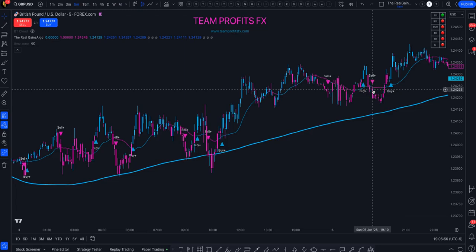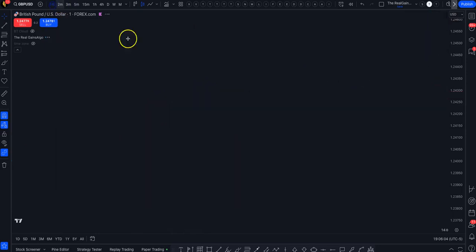You want to try to avoid sells. As long as you are above the 200, what you're going to do is only look for buys, okay? If you go lower time frame,